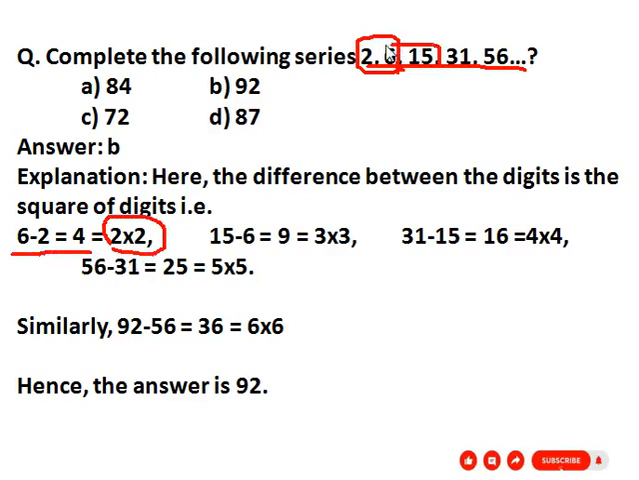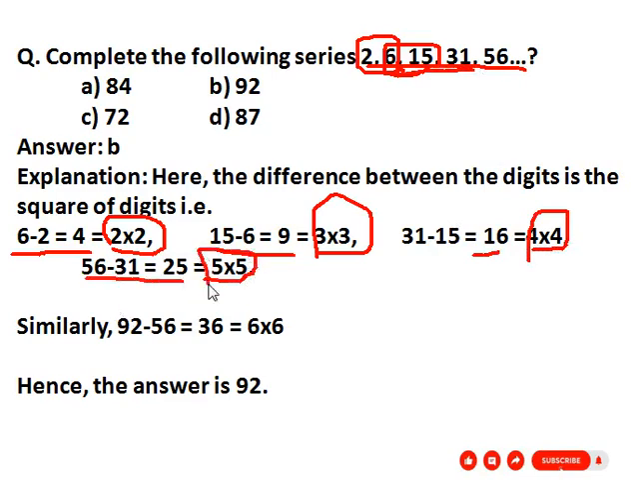Then 15 minus 6, 9, 3 into 3, that is 3 square. Then 31 minus 15 equal 16, that is 4 square, 4 into 4. Then 56 minus 31, 25, that is 5 square. So similarly the next number will be